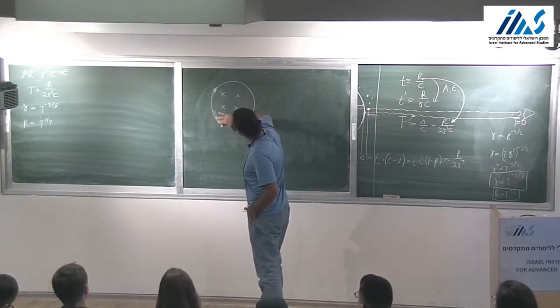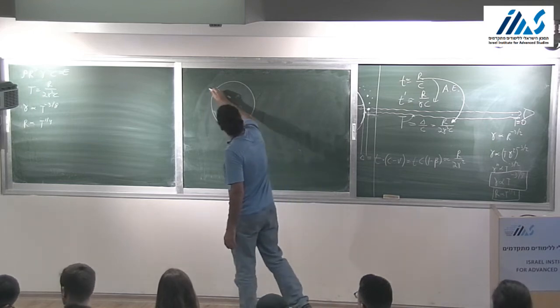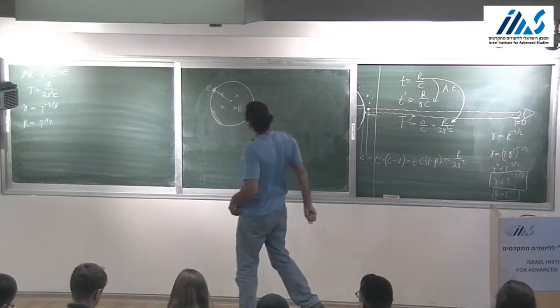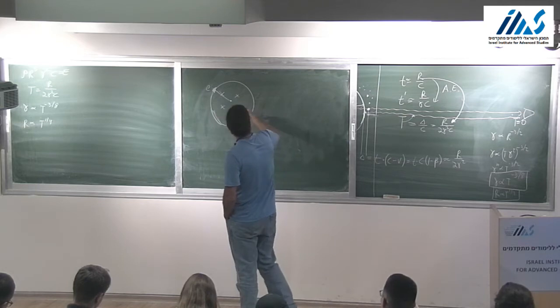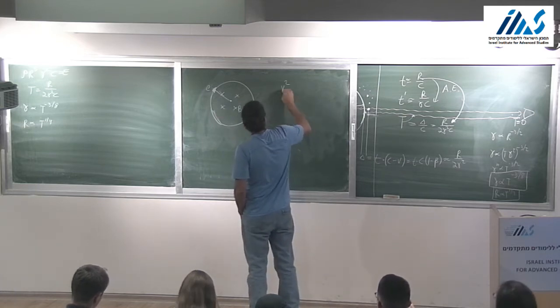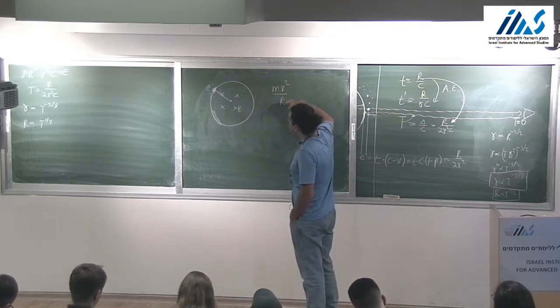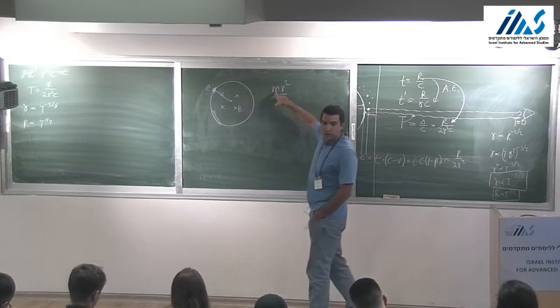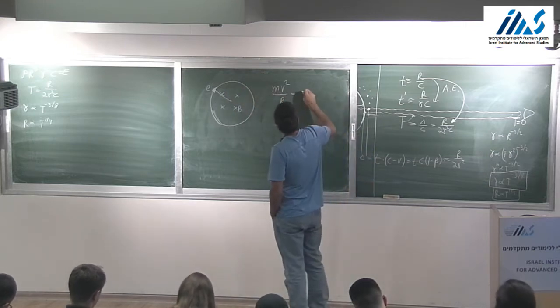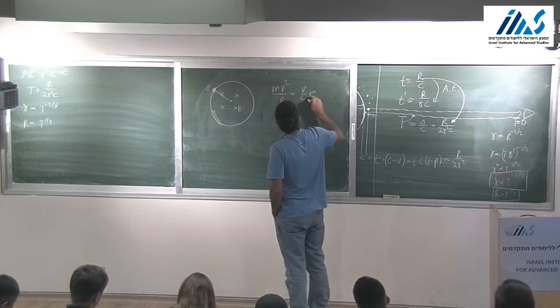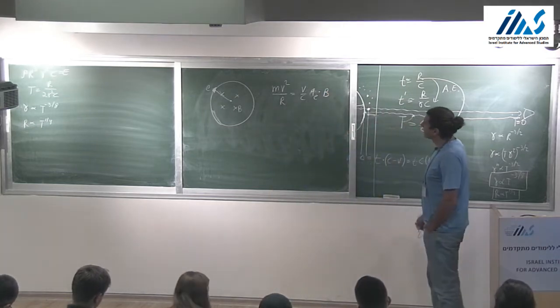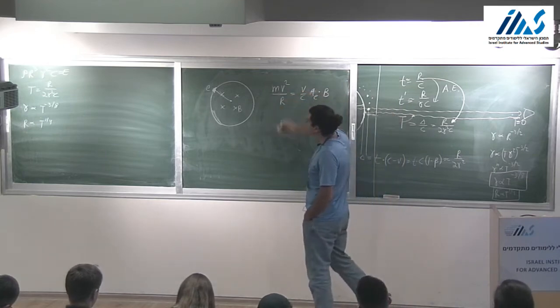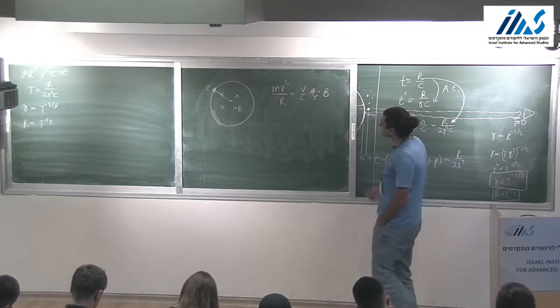Okay. So this is the magnetic field B, and this is the electron. If it's not relativistic, then the centrifugal force, this is the acceleration if I know that the electron is moving on a circle. This is the force towards the center, V over C, the charge of the electron, let's call it QE, times the magnetic field. So the magnetic field, the Lorentz force, provides the centrifugal acceleration, and that gives you